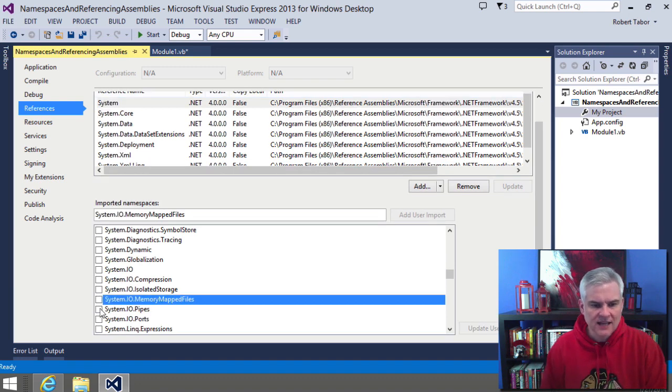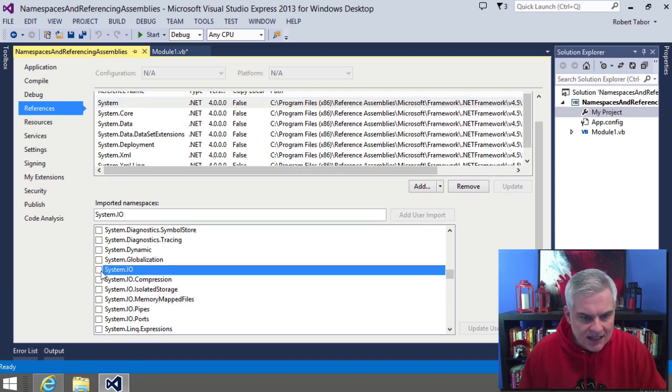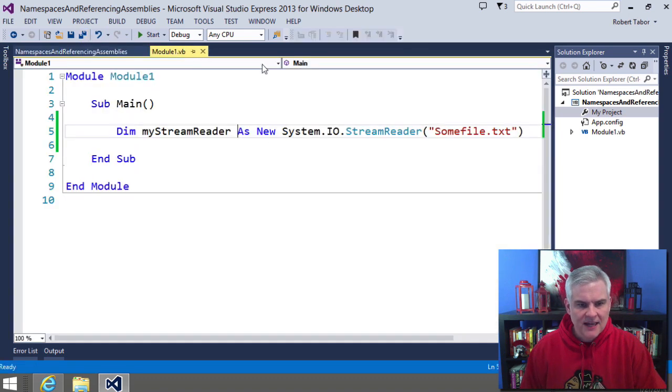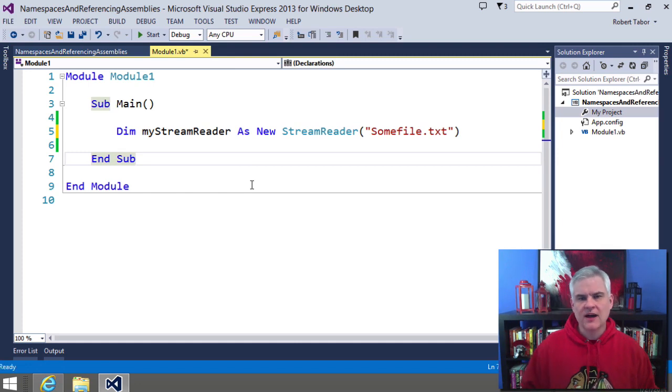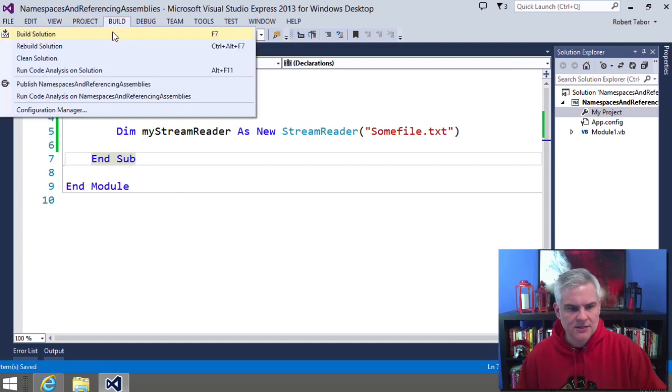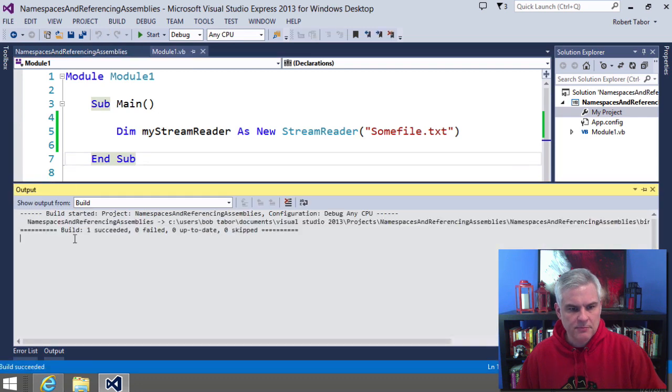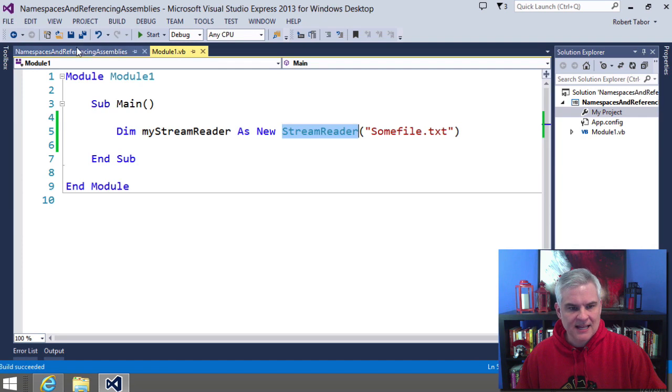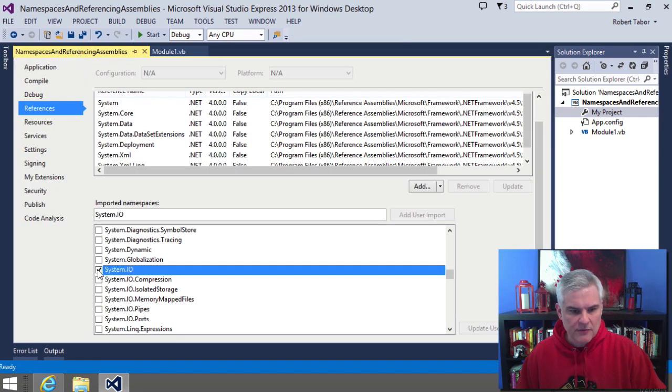If I were to select this, put a check mark next to it and then save, now I could get rid of this system.io part and it would work just fine. We'd be able to compile our application. Let's actually build it, and it would succeed. Why? Because StreamReader, the class name, can be found through this imported namespace. But if I were to deselect it